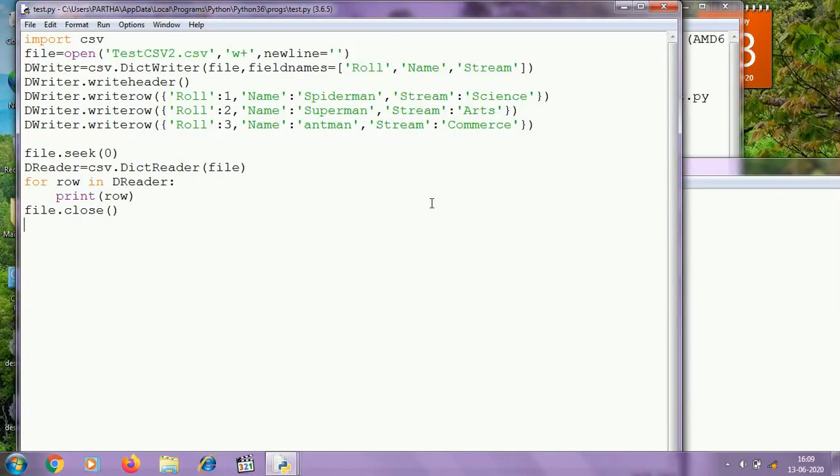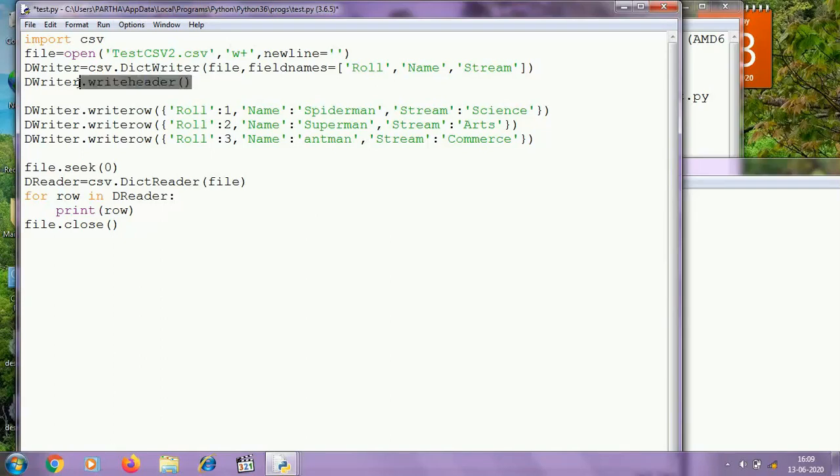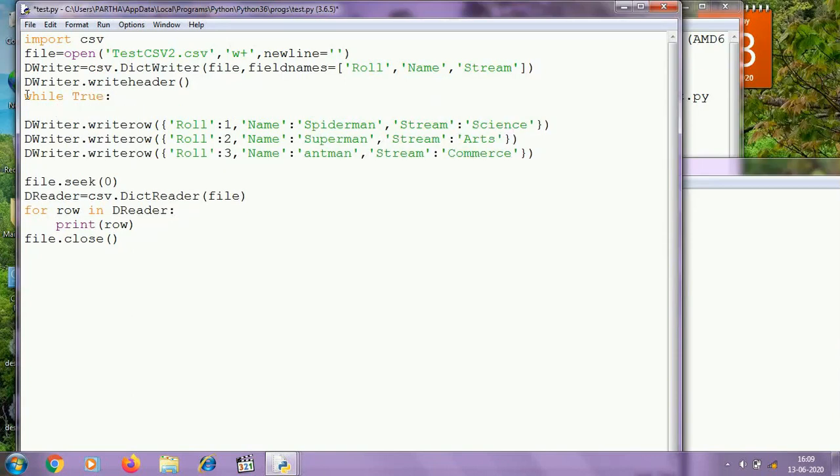Now I am going to show you how to write multiple records using DictWriter. For that, after writing the header, I need to collect the roll, name and stream from the user repeatedly.